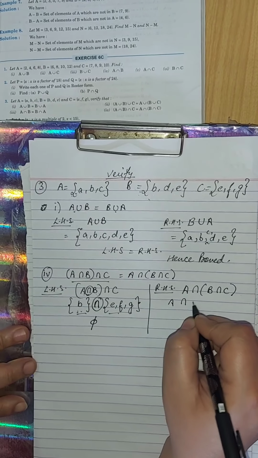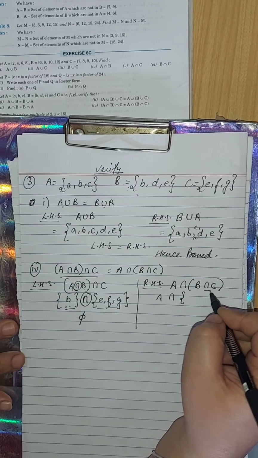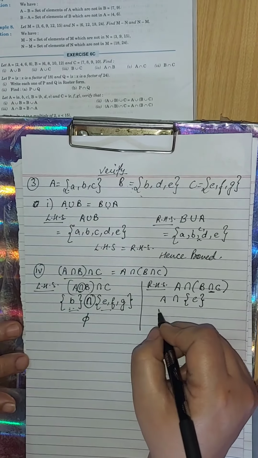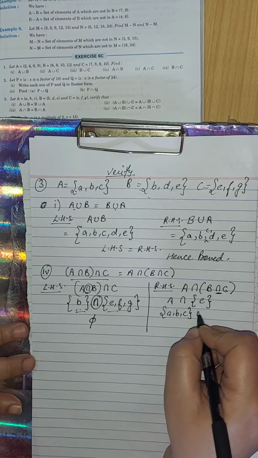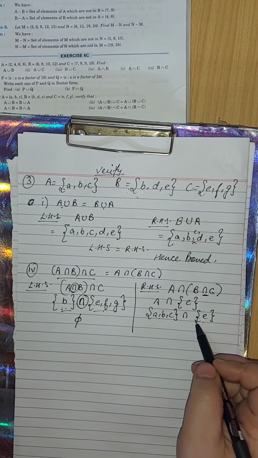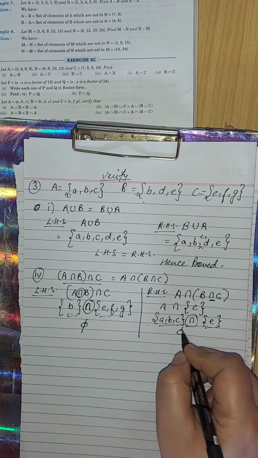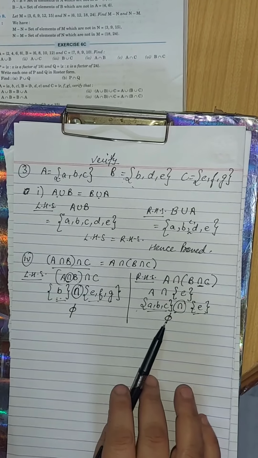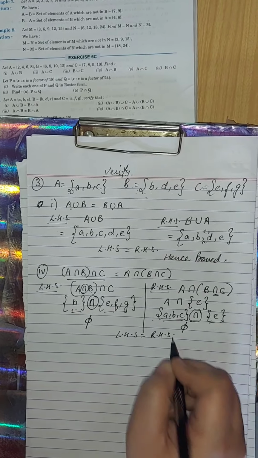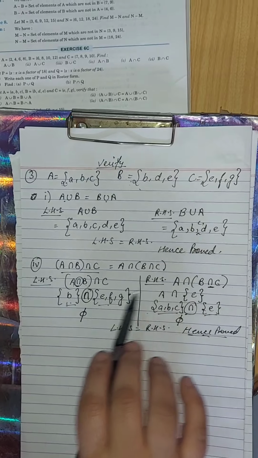Similarly in the right hand side it is given A intersection B intersection C. Now first we will say common in B and C set. B और C का common क्या है? क्योंकि intersection sign है. What is common here? Only element E. And A set is given, this set. Now what is common in both these sets? कोई common है इन दोनों में? क्योंकि intersection पूछा उन्होंने. Nothing is common in this, so again it is phi. जब कोई element common नहीं होता, we will put phi. So left hand side is equal to right hand side. Hence proved.